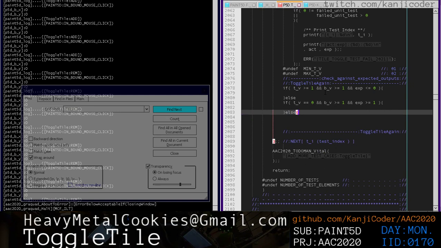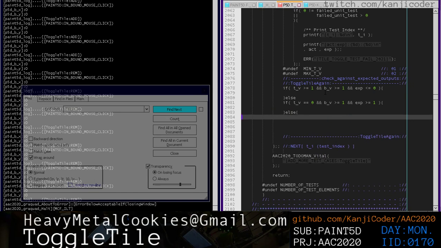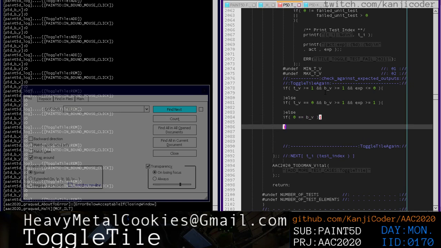Else, don't worry about it. And so the only other cases should be if the brush value equals 0. If 0 equals the brush value, else